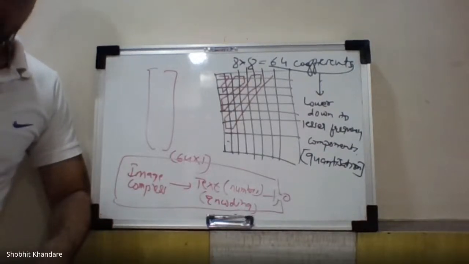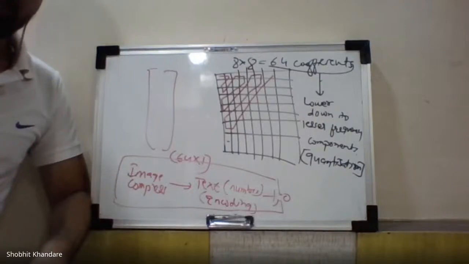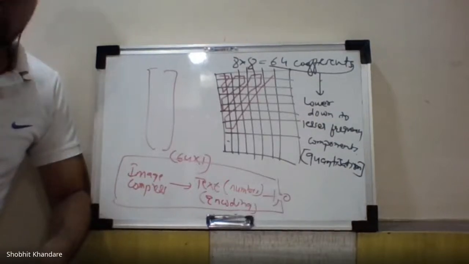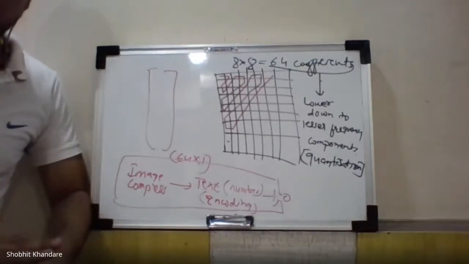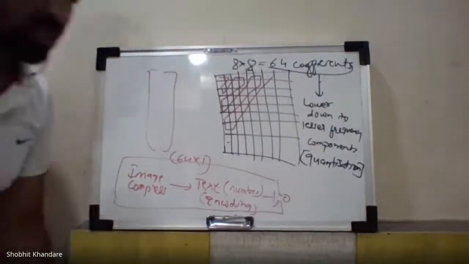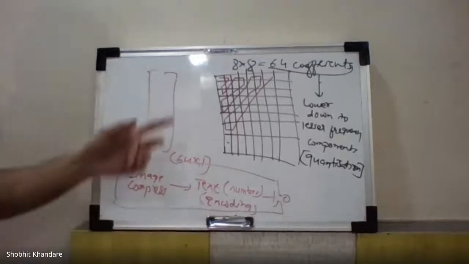Full stop. In the same note, write down: when DCT is performed, 90% will be in the lower frequency component. Okay. So this is in general about the JPEG format.